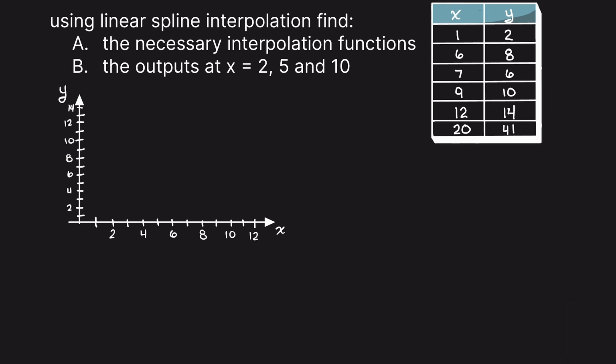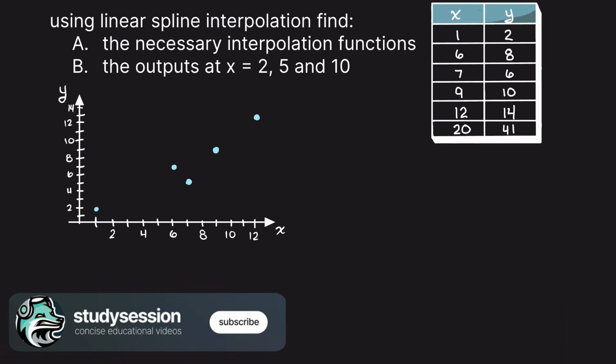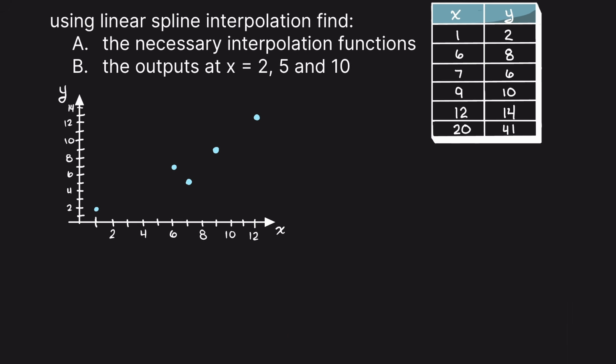Let's first begin by plotting our points of interest around the areas in which we need to interpolate. In this example, we do not need to plot the 20 data point, as we already have one data point to the right of our largest point that we will be interpolating for. That is our 12 data point. So, we can see by this graph here that we need two interpolating polynomial functions,